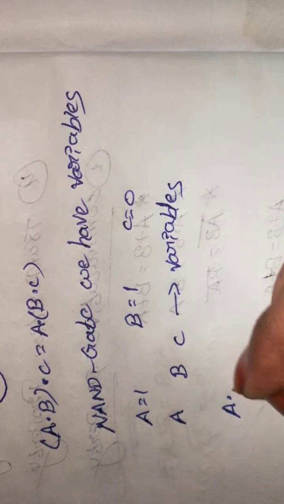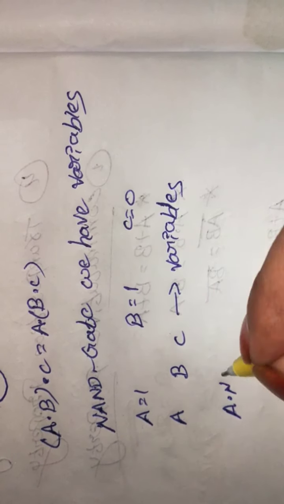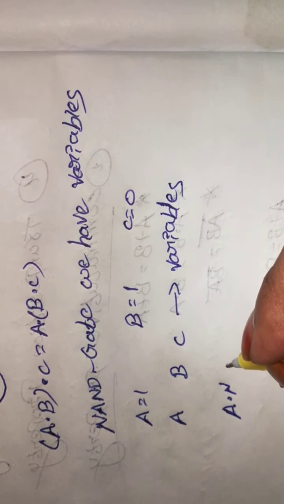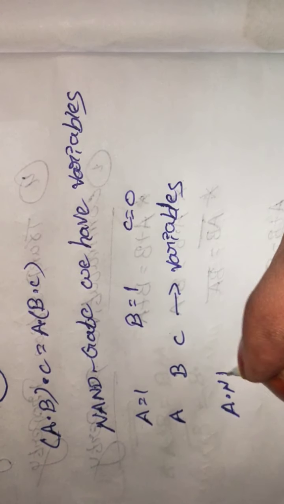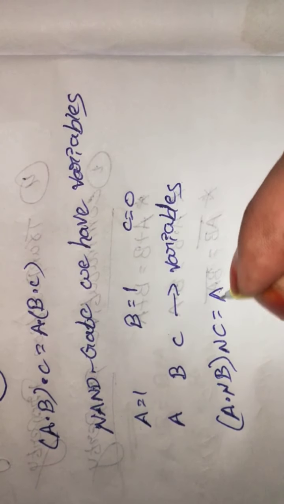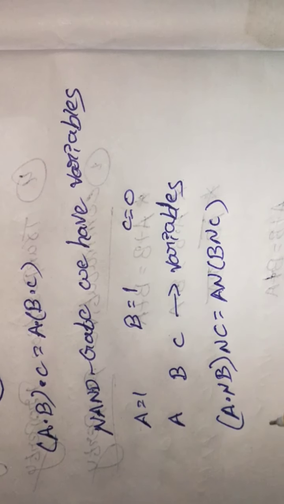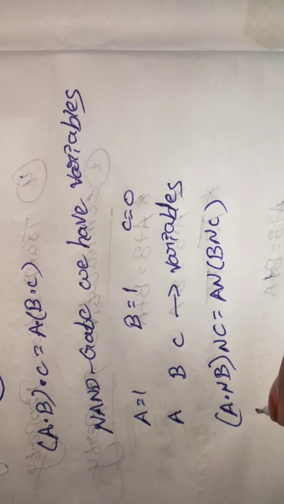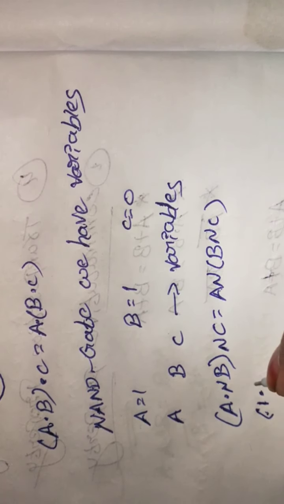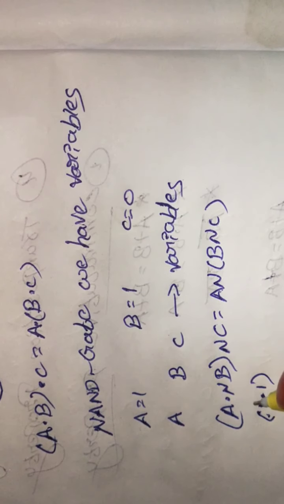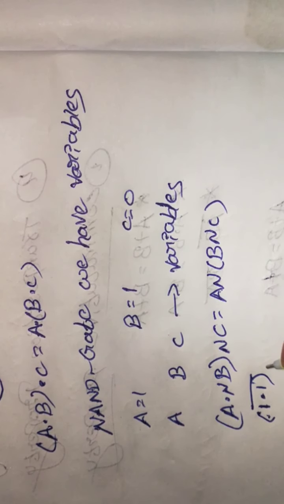A NAND B NAND C equal to A NAND B NAND C. Here A equal to 1 and B equal to 1. NAND means whole bar of